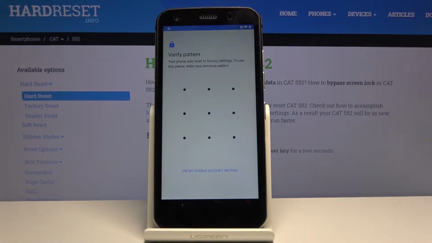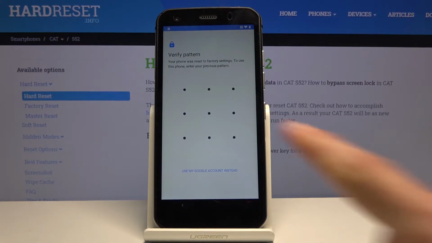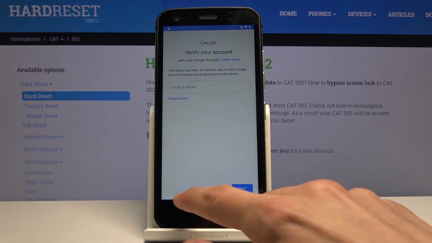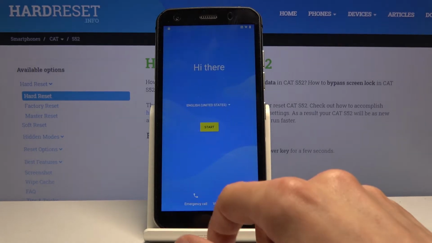Welcome. In front of me is a CAT S52, and today I'll show you how to bypass the Google verification. And obviously the phone in front of me is locked. As you can see, there's two ways of unlocking it, either via the verification pattern or using the Google account. Now, assuming we don't know either of those, we're going to go back to the first page, and from here